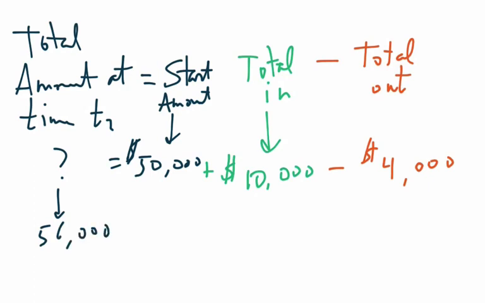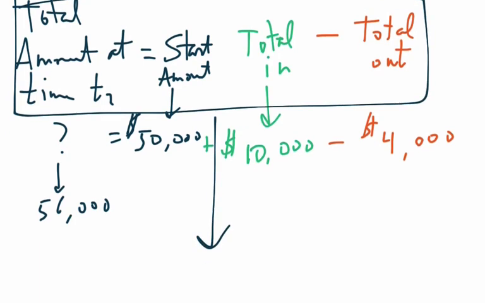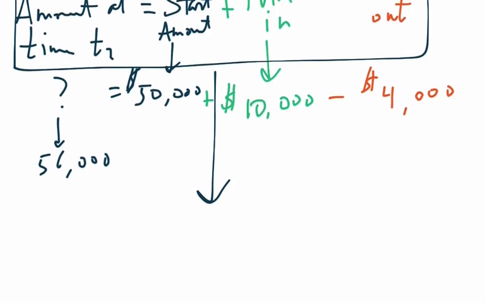Yeah, so what we're going to do is we're going to take this equation and calculasize it, okay, because that's a fairly not too bad concept to understand, that the end amount is the start amount plus the total in minus the total out. And in calculus, the end amount is going to equal the start amount